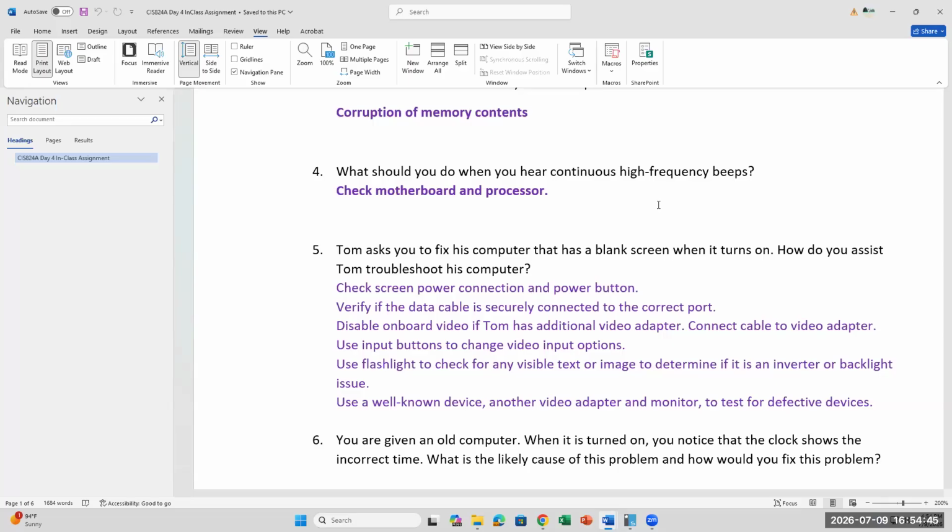You check to make sure that the power button is pressed, because sometimes that happens too. These computers, sometimes they go into a low power saving mode. So you have to turn it on physically, and then you have to change the input. It's just the way the monitor is made. So, press your power button, check your input,